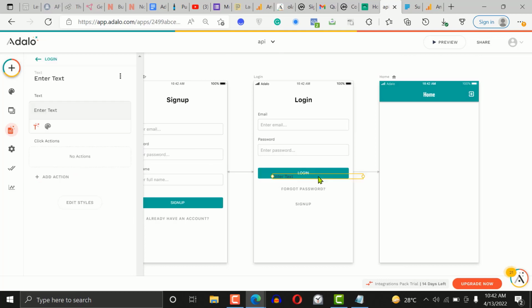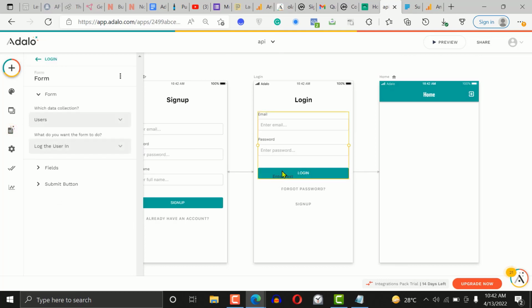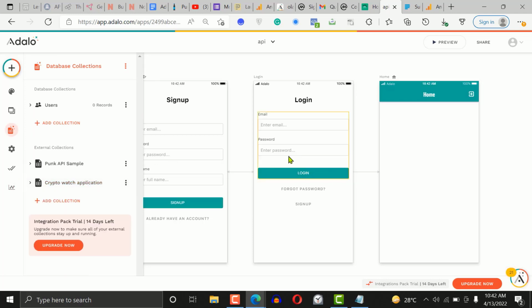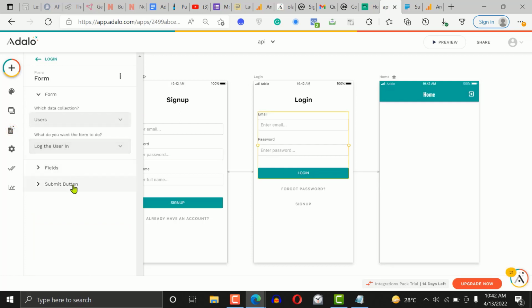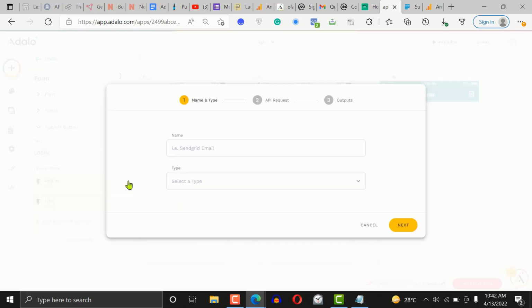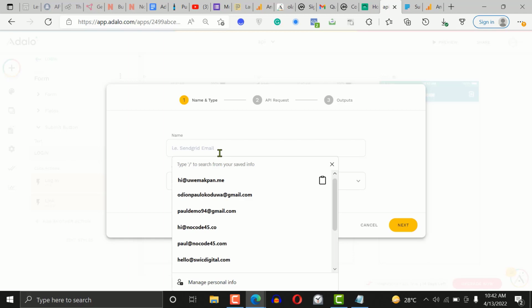So let's say when someone clicks right here, we want this to trigger some sort of an action. When somebody clicks on the login button, we'll go here and say submit button, add another action, then right here we'll say custom action. Click on new, and here it's going to ask us to add the action. It could be that we're adding an endpoint, just anything. So we're going to give it a name. We would say send